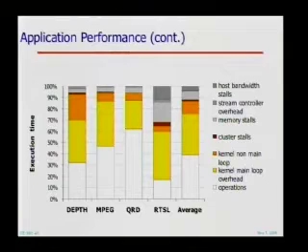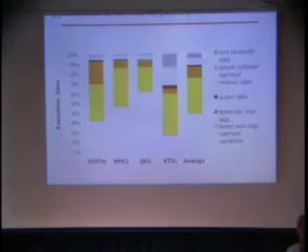Now the bad news is that the overall efficiency wound up being roughly 50%, which is not bad. I mean, very few machines sustain 50% of peak across a range of applications, but we were not happy with that. We had set much higher goals for ourselves. And the reason is because we're spending too much time in loop overhead. The yellow area is kernel main loop overhead, and the orange area is kernel non-main loop overhead. Ignore the orange. It's actually a pretty small effect. The yellow area is really big. It's where most of our overhead is coming from.